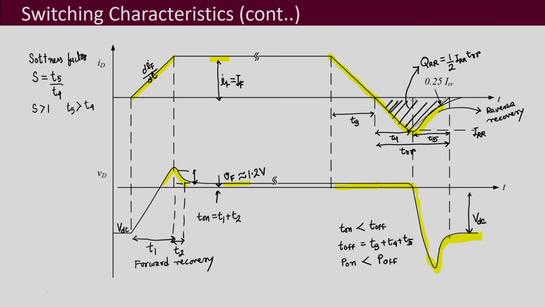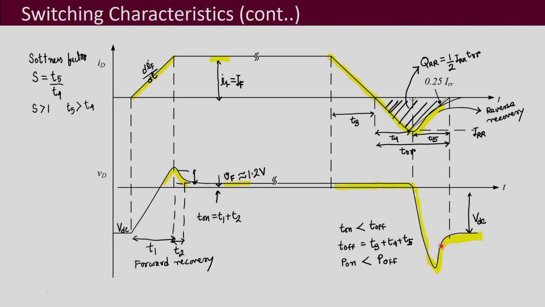So what it means is that this process over here is going to take longer for the voltage to come down. It is going to take more time, and there may also be some oscillations,